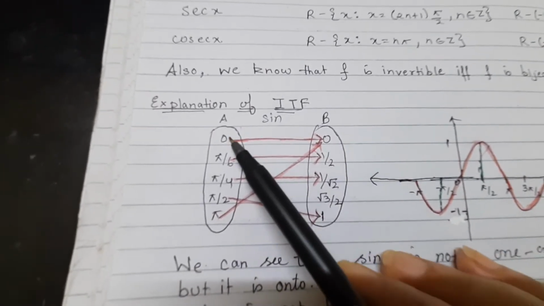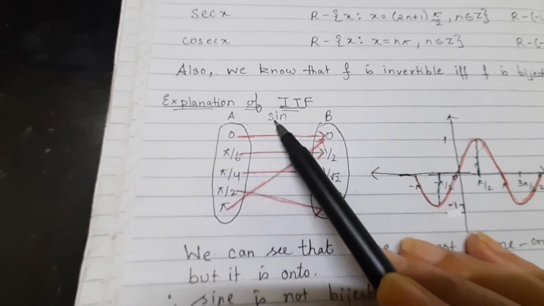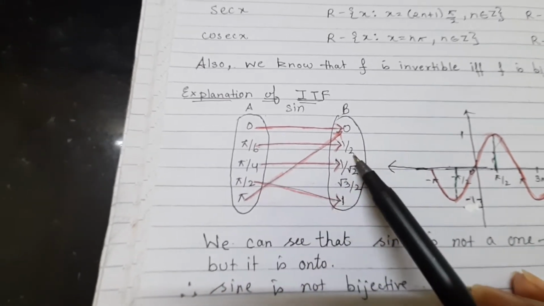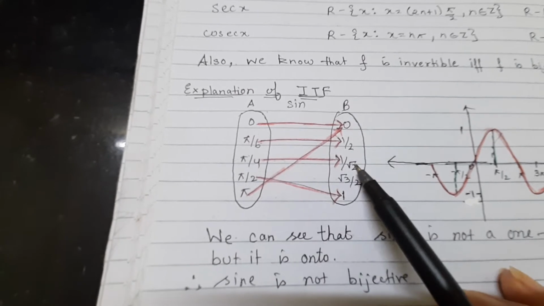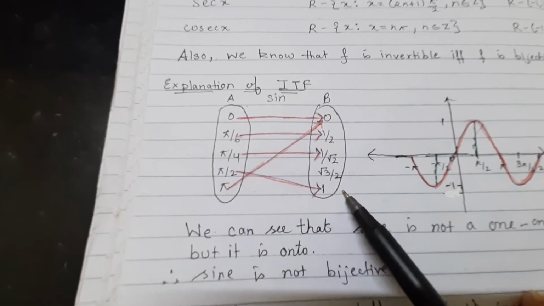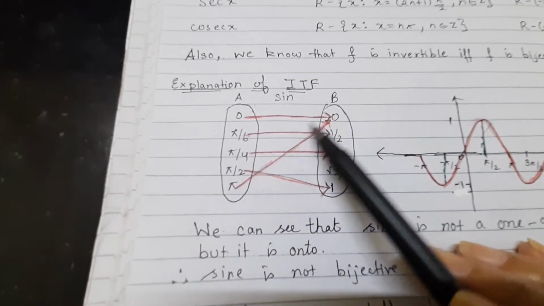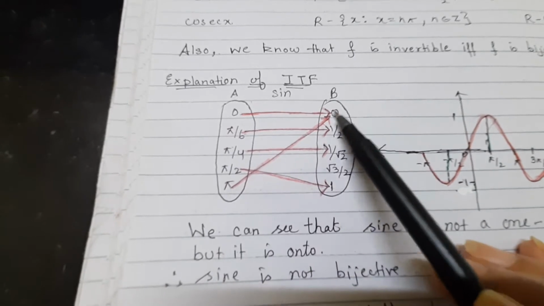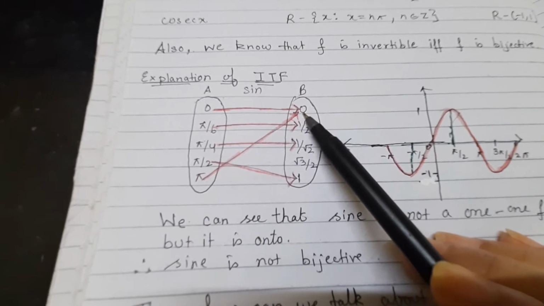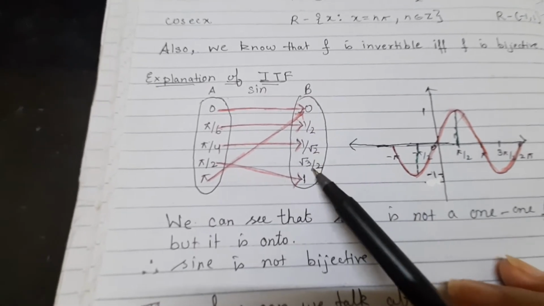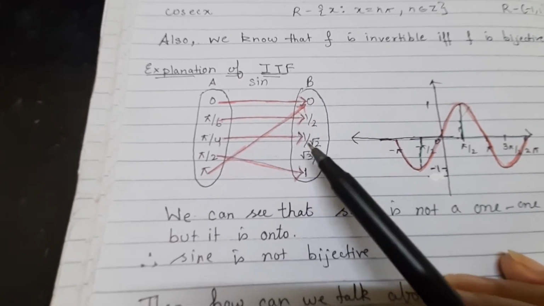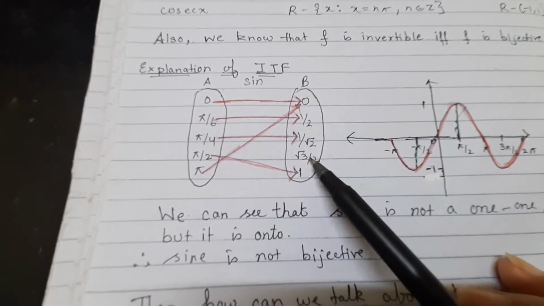This is the graph. The function f is defined as sine. Under sine, 0 is 0, sine pi by 6 is half, sine pi by 4 is 1 by root 2, sine pi by 3 is root 3 by 2, sine pi by 2 is 1, and sine pi is 0. So you can see that sine of 0 is 0 and sine of pi is also 0. That means sine is not 1-1, although it is onto. Root 3 by 2 will also be taken by some other value, at sine 60 degrees, pi by 3.